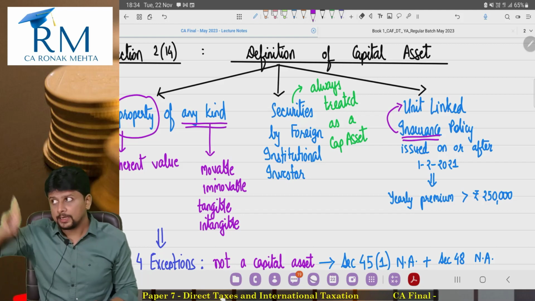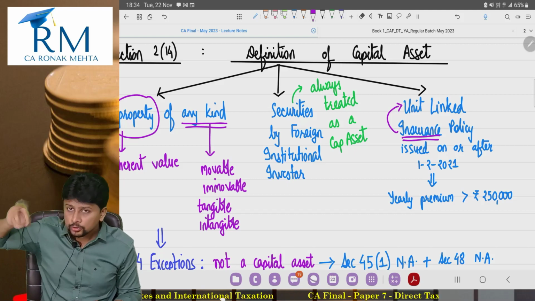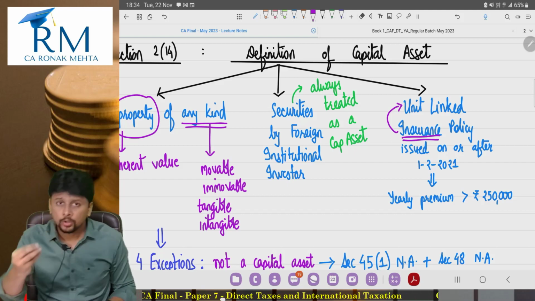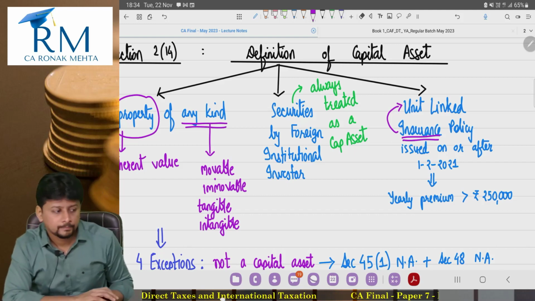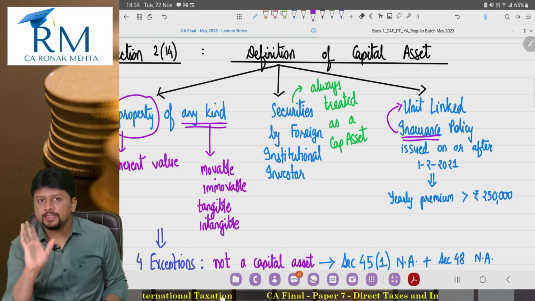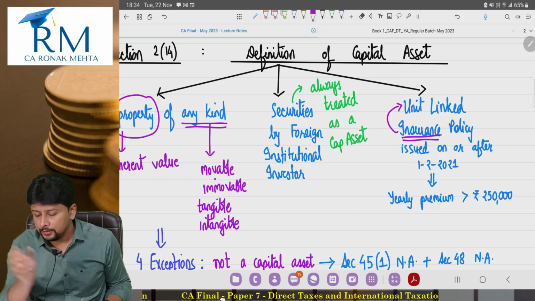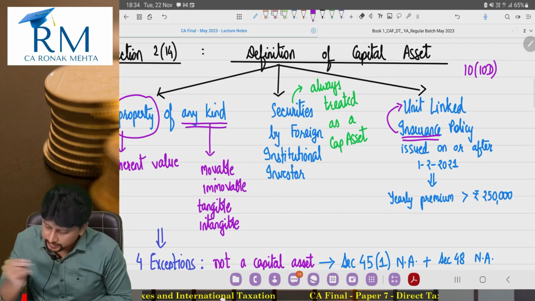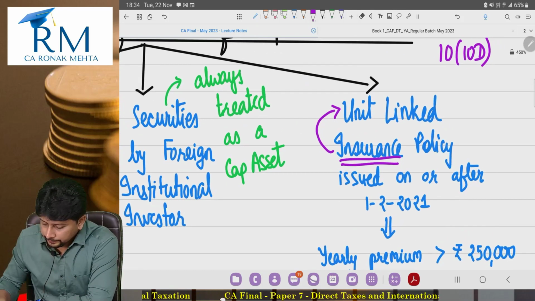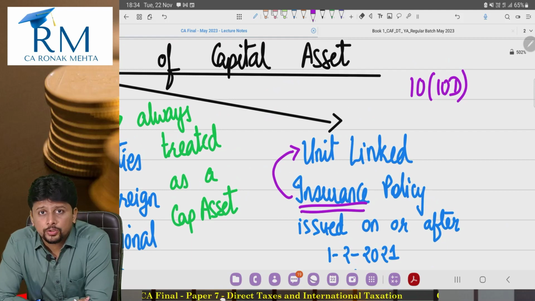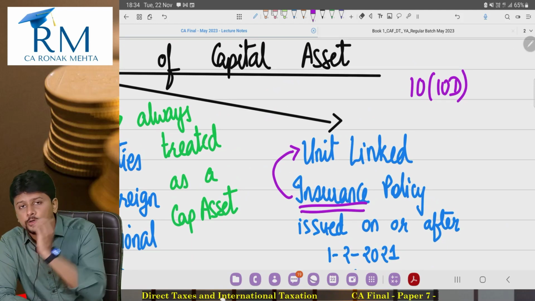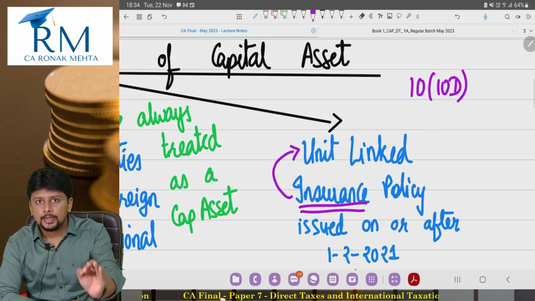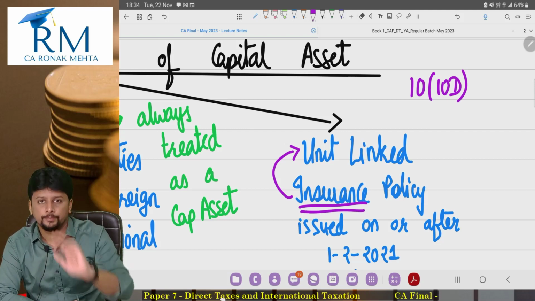Now the units are on the stock exchange. They are there at the stock market. So the unit value will keep on changing and you will get your insurance money according to the unit value. Now what is the government thinking? Government is saying, look, it's an insurance policy and we all know that for life insurance policies exemption is available. Section 10(10D). Amount received from a life insurance policy is exempt under section 10 clause number 10D, including the bonus that you get.